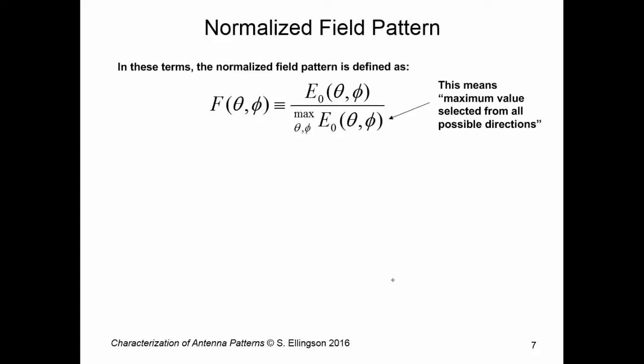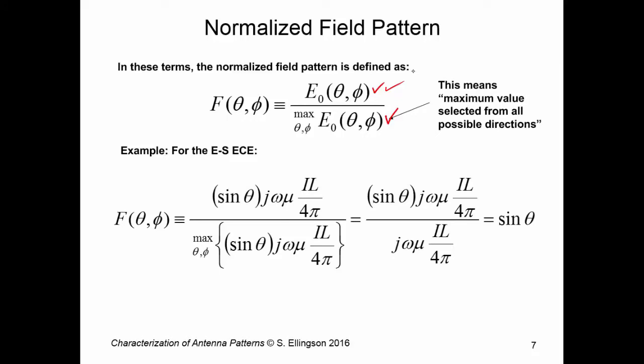So in these terms, the normalized field pattern can be defined as E sub naught divided by the value E sub naught in whatever direction maximizes that quantity. So what you do is you consider all the values of E sub naught over a sphere surrounding the antenna. You find the one that has the maximum magnitude, and then use this to normalize the actual value E sub